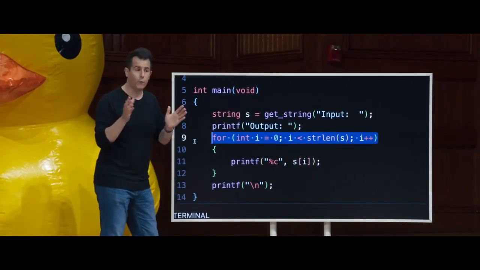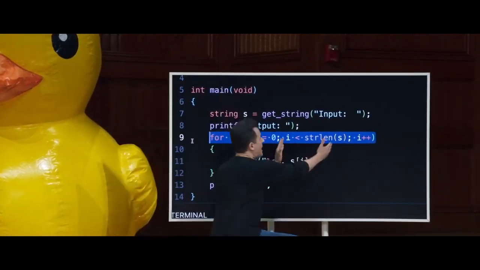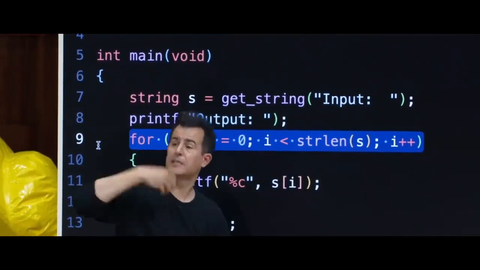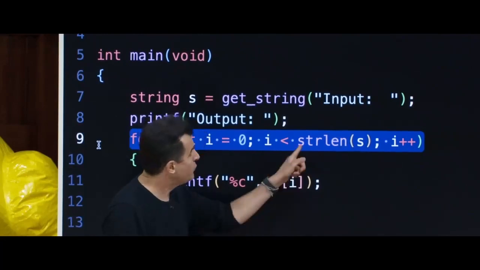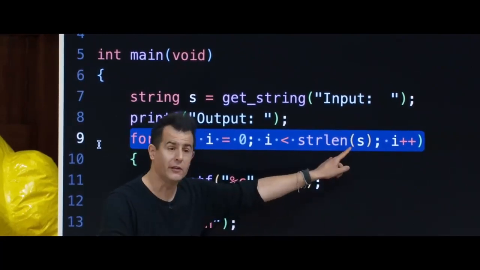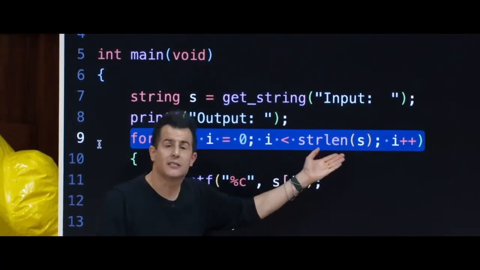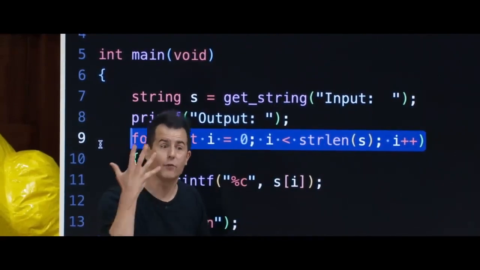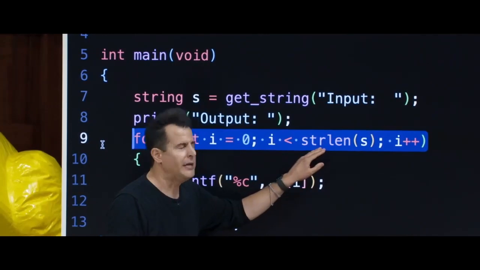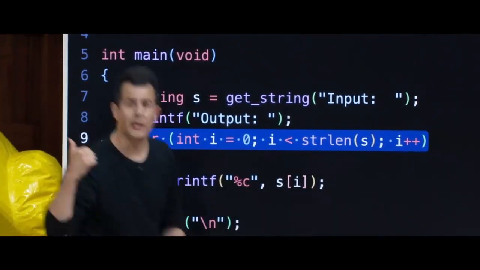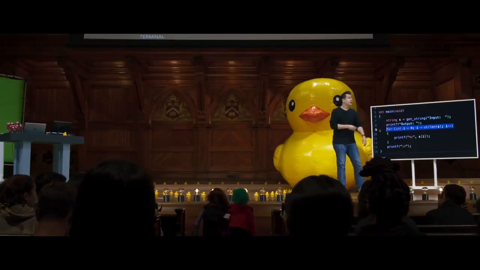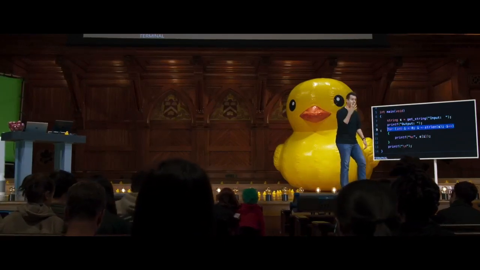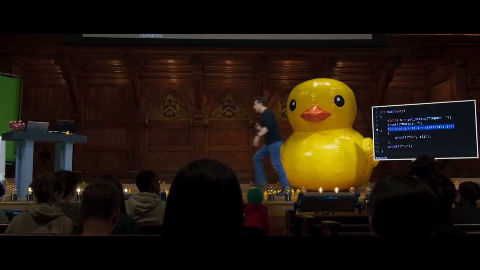Why? Well, recall how for loops worked. When we walked through it last week, that middle part of the for loop in between the semicolons keeps getting checked, keeps getting checked, keeps getting checked. And so if you put a function call there, which is totally fine syntactically, you're asking the same question again and again and again. And the length of David, D-A-V-I-D, is never changing. So strlen, implemented decades ago by some other human, has some kind of loop in it. And you're literally making that code run again and again just to get the same answer again and again. So I think your instinct is right.